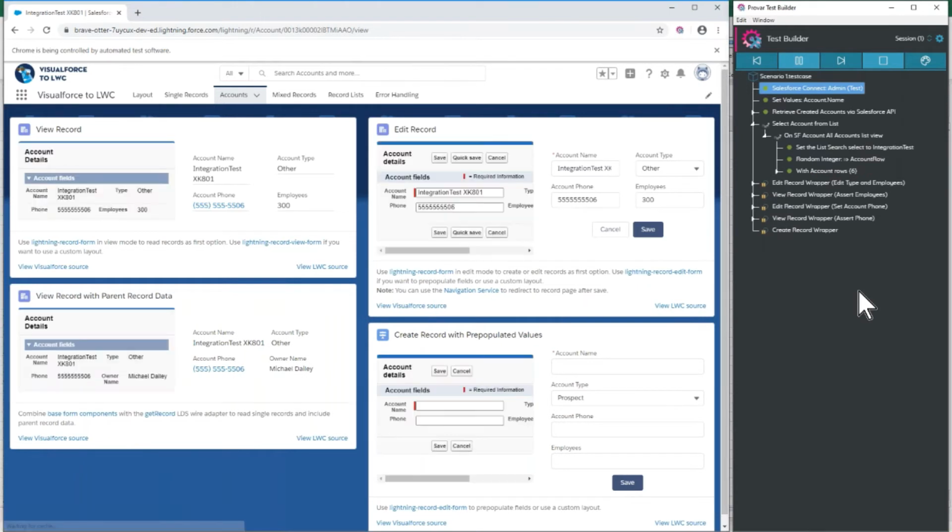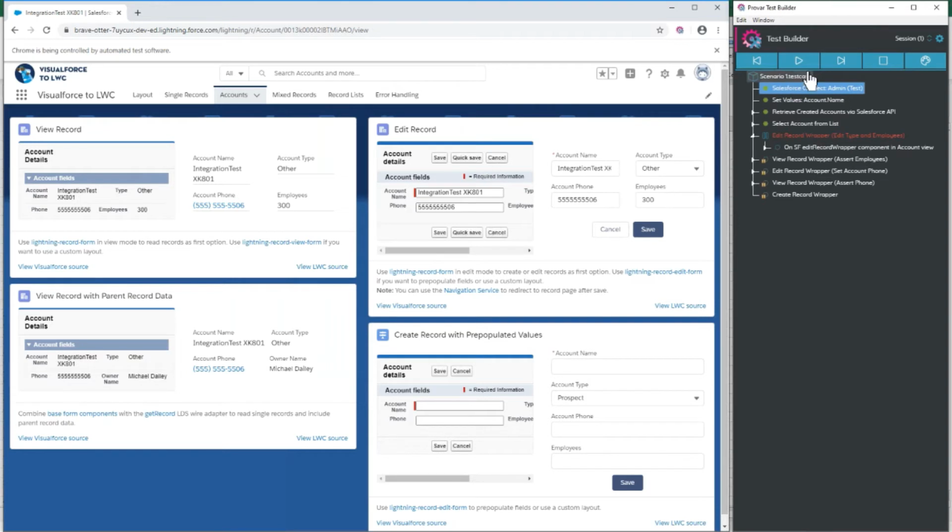So this particular page is very interesting because we have the concept of these wrappers here, which all have Visualforce components as well as Lightning Web components built into the wrappers. On the left side of each wrapper, you'll see the Visualforce component, and on the right side, you'll see the Lightning Web component. So this is useful for your integration testing in case you want to test that Provar can automate both scenarios before you do your migration. The scenario that I'm going to be working through is editing some of these account record fields, and then verifying it in the other component. So firstly, we're going to step through here,